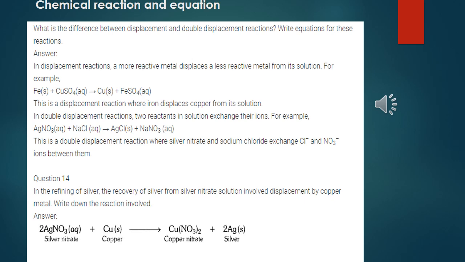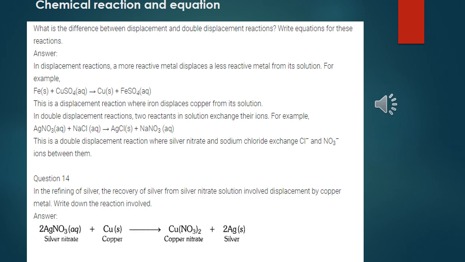Displacement reaction, already we have discussed: a more reactive metal displaces the less reactive metal from its solution. For example, iron, if it reacts with copper sulfate, then iron is more reactive than copper, so iron will displace copper from copper sulfate solution and will form ferrous sulfate and copper. So here iron displaces copper from copper sulfate, a more reactive metal displaces the less reactive metal, so this is the displacement reaction. And in case of double displacement reaction, one example I have given here,